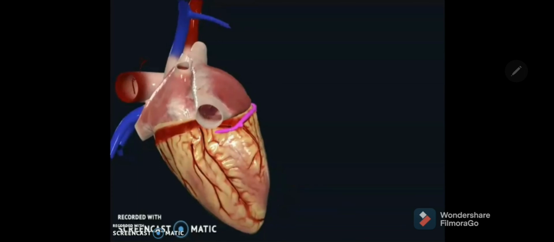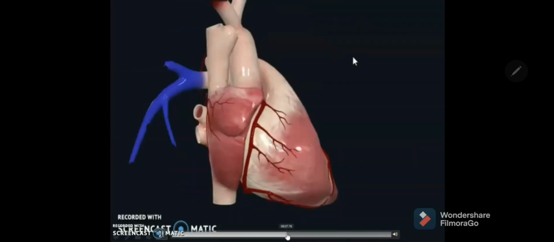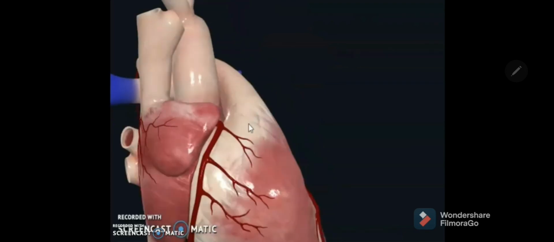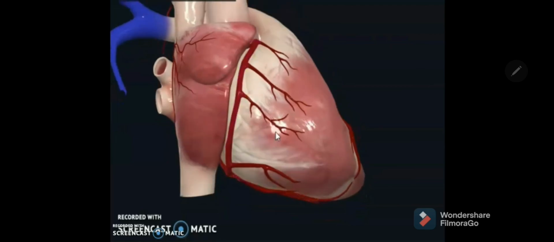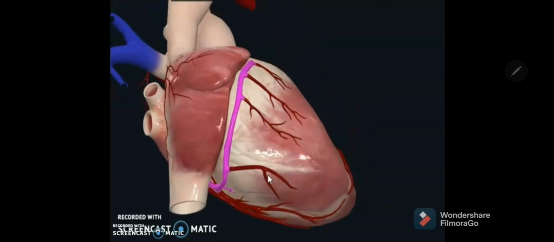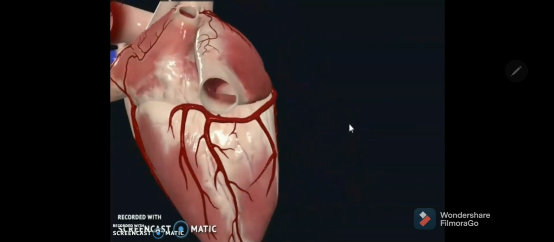You can see here, you can notice the right coronary artery traversing between the right atrium and right ventricle in the anterior atrioventricular groove, giving the branches, the right conus branch, ventricular branch, and near the margin you are seeing the right marginal artery. It winds around the inferior border, comes posteriorly, and gives these atrial and ventricular branches.